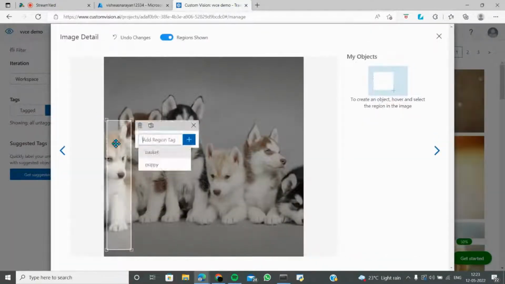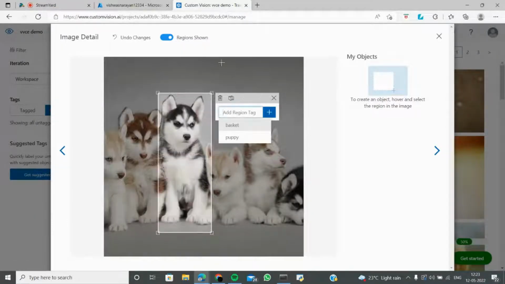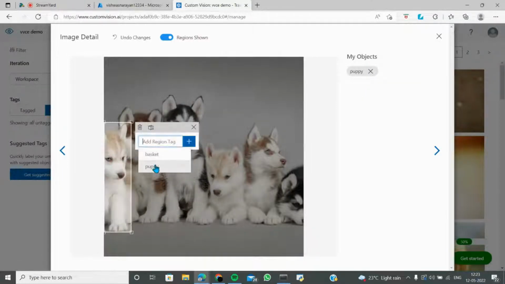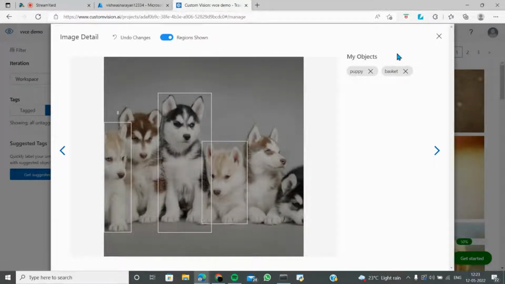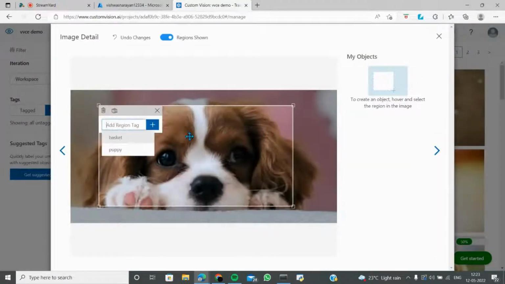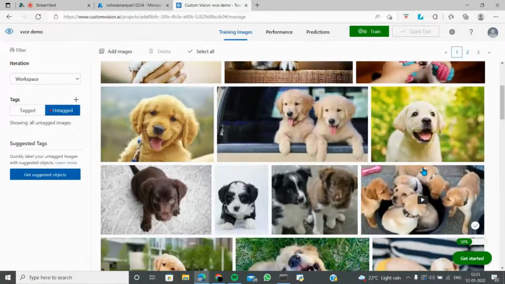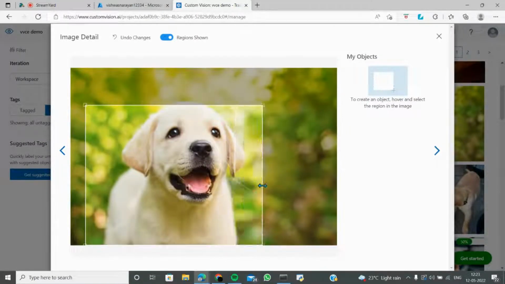We can draw individual boxes, and this is how annotation happens even in industry. So puppy, puppy, puppy. Let's just do it quickly. I think I did basket here, so no basket. This is puppy and puppy. And yes, we are done. So let's just go on and get this thing sorted. Puppy, done. Of course, there are different examples. Learning it will obviously take a lot of time, so don't worry about that.